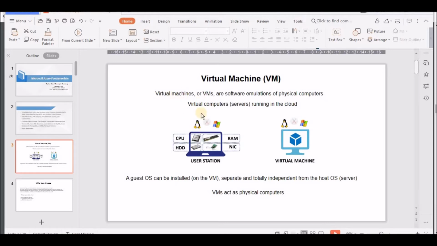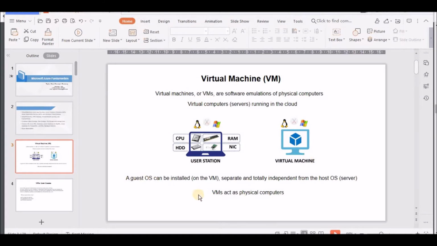In one virtual machine you can install Linux, in another you can install Windows, and in another Ubuntu or something. You have your base station operating system of your choice, again it may be Linux or Windows, but you have a choice to install any OS on these virtual machines. That operating system is called a guest OS.